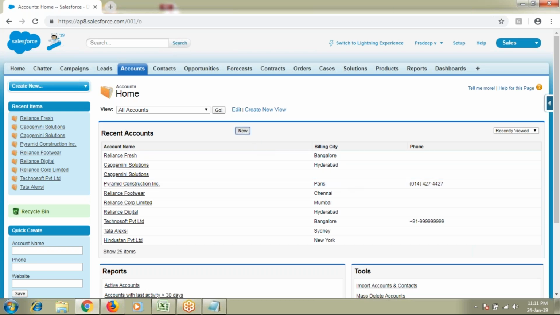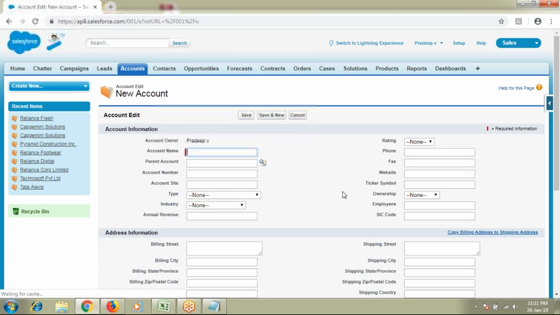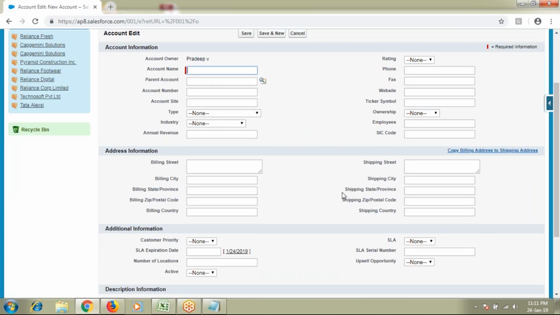For example, I want to keep in one category all the account records where billing country satisfies India. Out of all the 10 million records, let's suppose we have 50,000 records where billing country equals India.